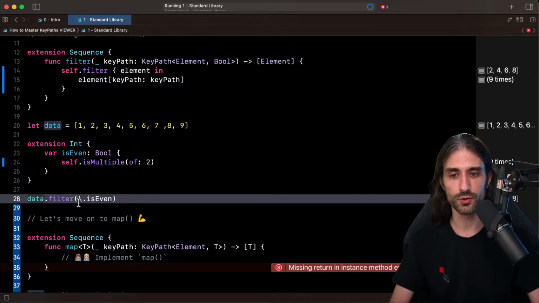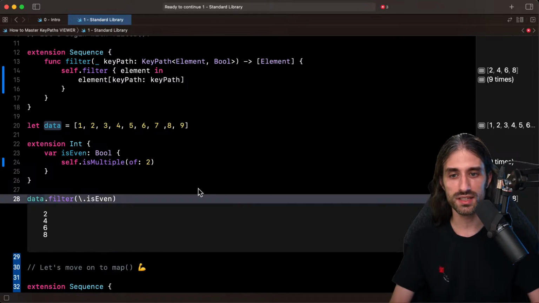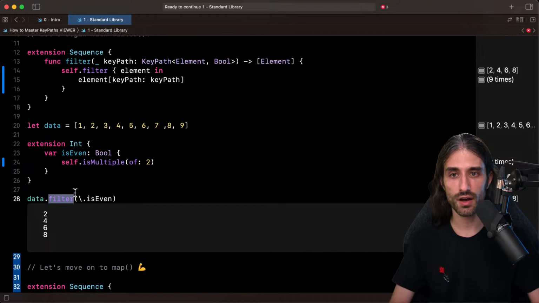I'm going to run the playground, and as you can see, it works. I've been able to call my filter method, and I get the result that I expect. I only get in the returned array the elements for which the Boolean property that the key path refers to returns true.